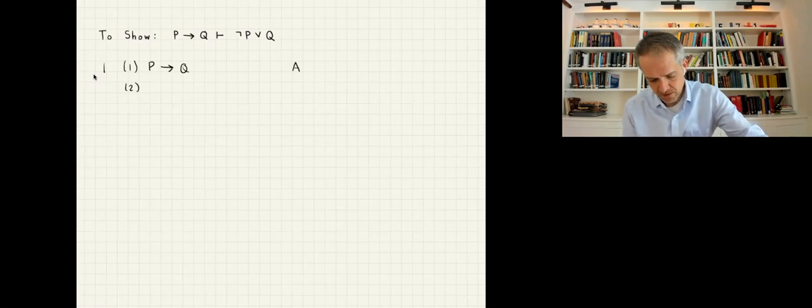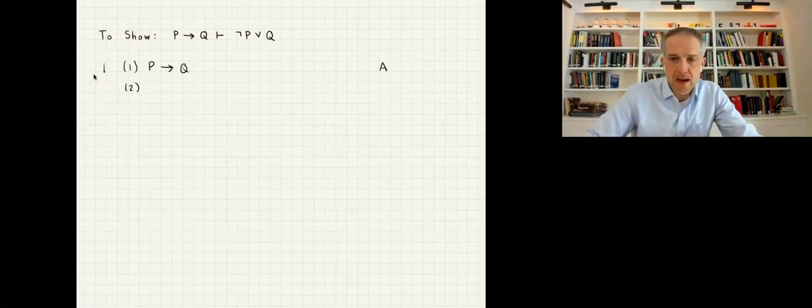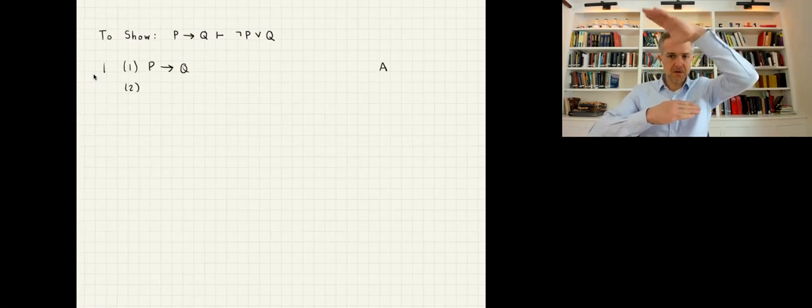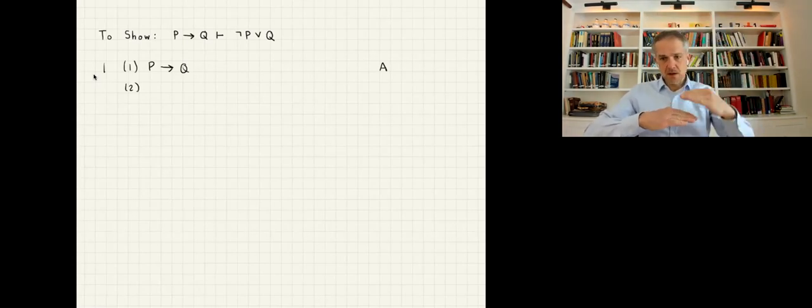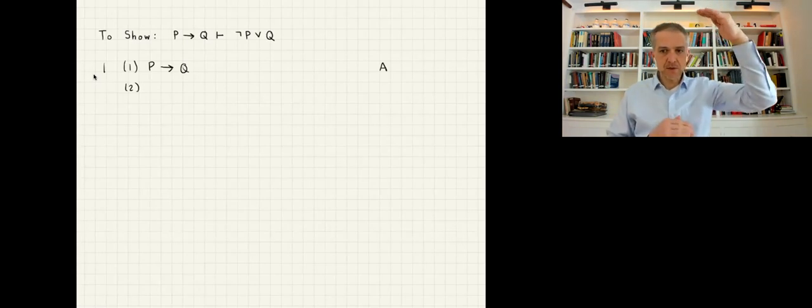I'm going to move this assumption further to the right, knowing actually this proof is going to be somewhat long and complicated. Okay, so now we need to do a little bit of strategizing here, because if you look at the right-hand side, not P or Q, I've told you before that when you're writing a proof, starting from some premises, going down, trying to get some conclusion, your brain should be doing two things